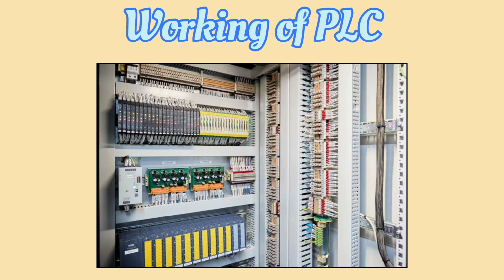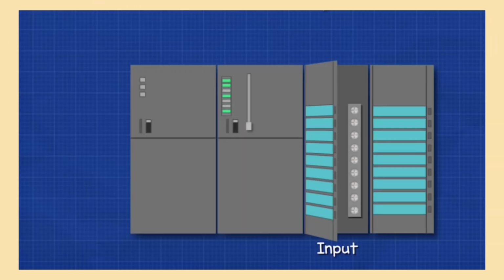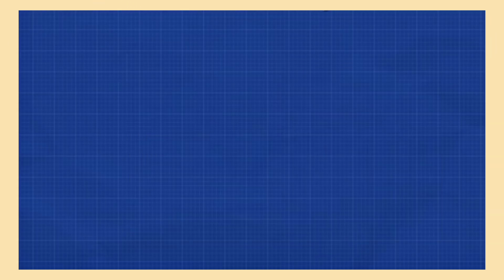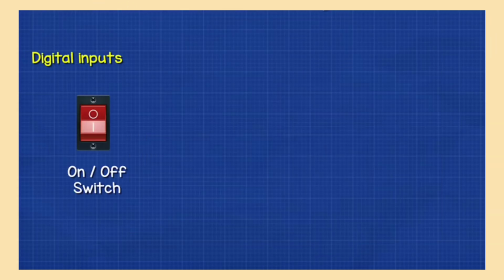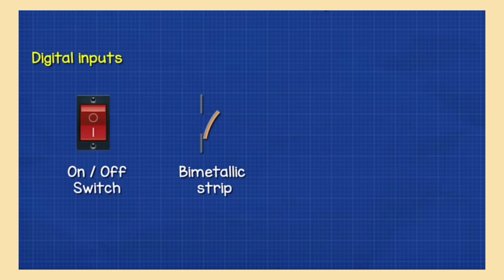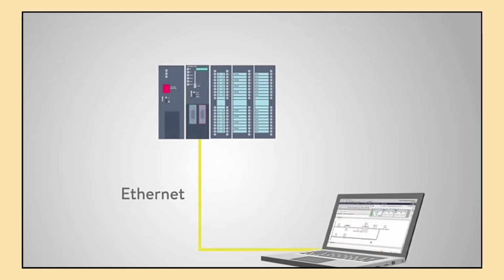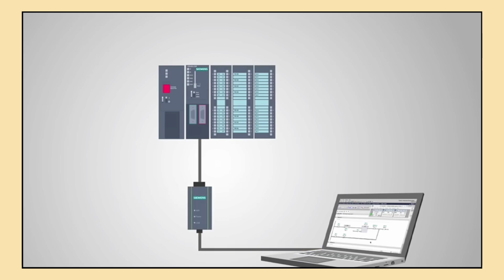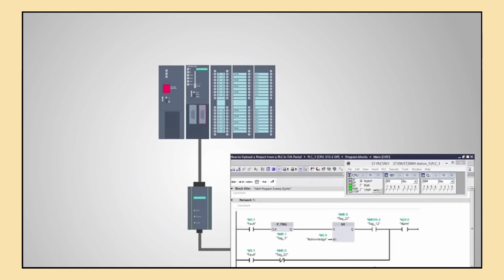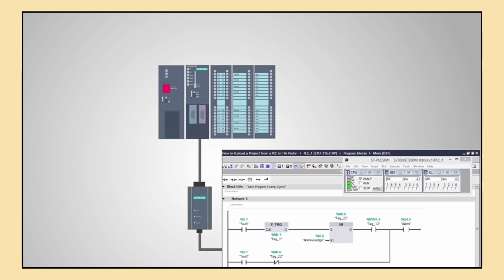So how does a PLC actually work? Let's break it down into a simple flow. First, the PLC receives inputs from sensors or switches in a system. These inputs could be anything from a temperature reading to a button press. Next, the PLC processes this information based on pre-programmed logic. It uses a set of instructions, like a recipe, that you can write using programming languages such as ladder logic